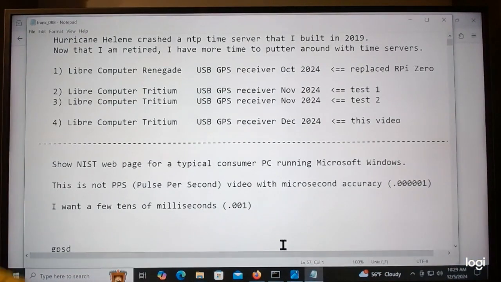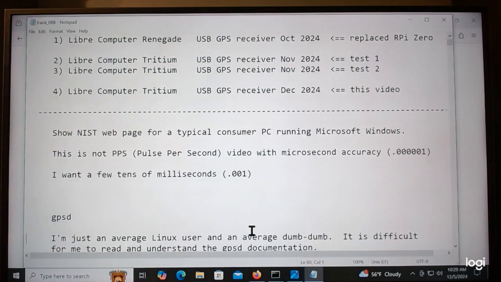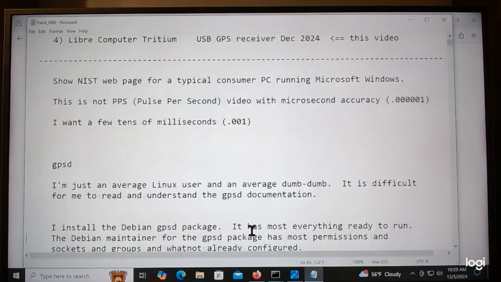You can build a pulse per second time server, but I don't need that accuracy. Just a few tens of milliseconds is fine for me. Tens of millions of computers are synced to about this right here, or even less, or more. Anyway,